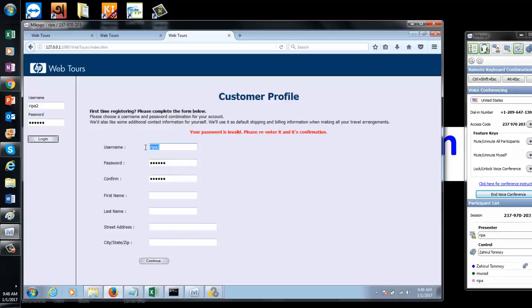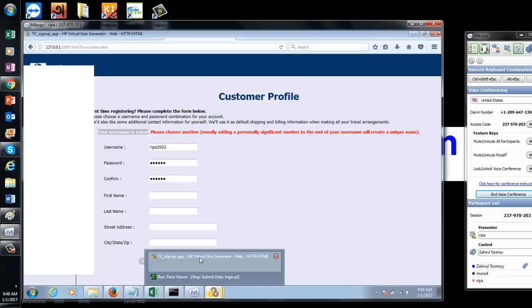Okay, let me put a new user ID. What is the user ID that we tried? RIPA 2002. Now if I try to register the same user ID, it takes the error message, so I'll get your username is taken, right? Yes, that was the issue. Now I'm going to copy this error message and go to your script,